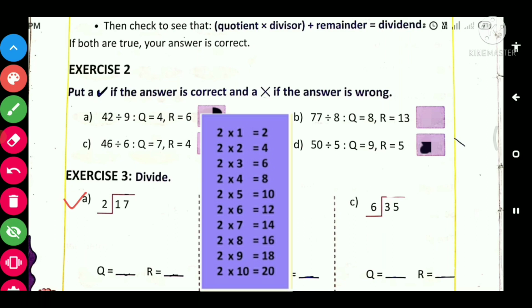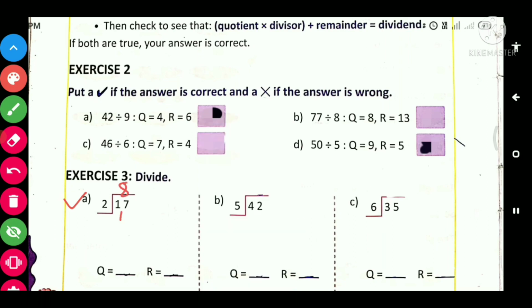So we'll write 2 eights are 16. Okay, and we'll do subtraction. Now 17 minus 16, it will be how much? 1. So our quotient will be what? Our answer that we got is 8 and remainder is what? 1. Okay,